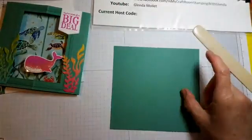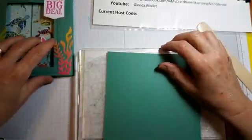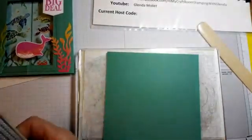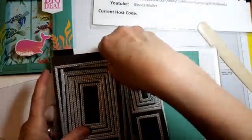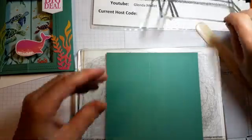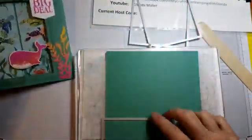Now this one, just need to get my magnetic platform. And we're going to use, where is my list here? The 3 largest stitched rectangles. So I'll just get them off right now while I'm here. And the 2 big ones are going to make the frame that goes around the outside, like here. This one